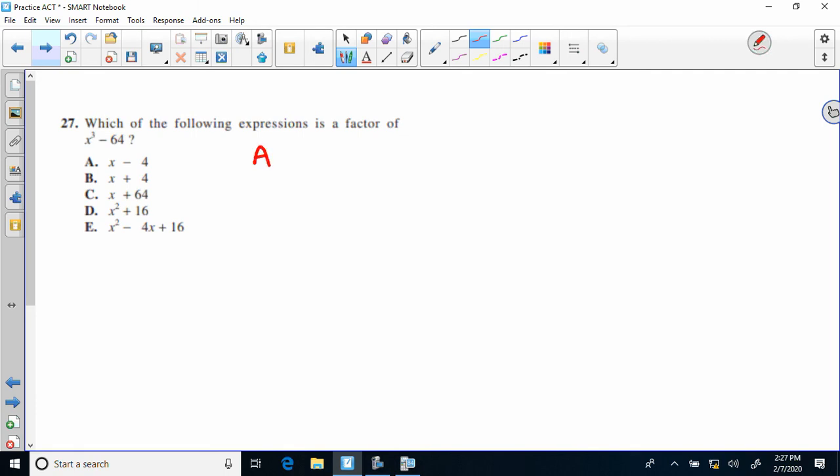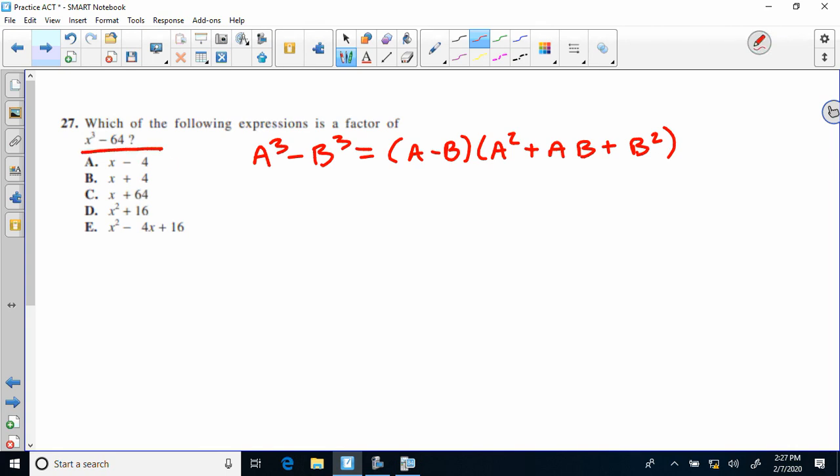So there's a formula that you did learn that was a difference of cubes. A cubed minus b cubed equals a minus b times a squared plus ab plus b squared. But again, it's one that people most of the time forget. I mean, if you see it, you go, oh yeah, I learned that once in my life, but I don't remember it. So if I'm looking at this x cubed minus 64, I could rewrite that as x cubed minus